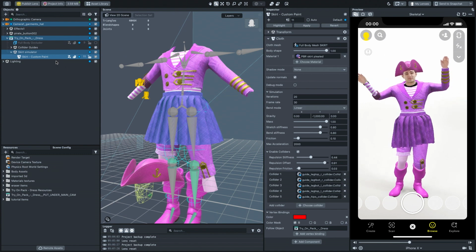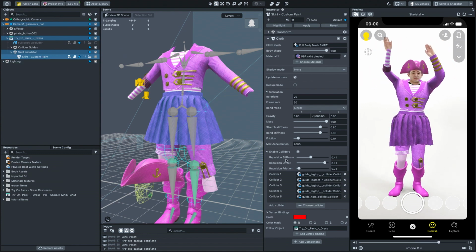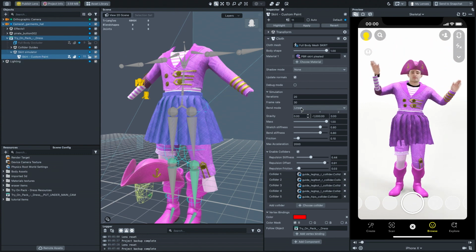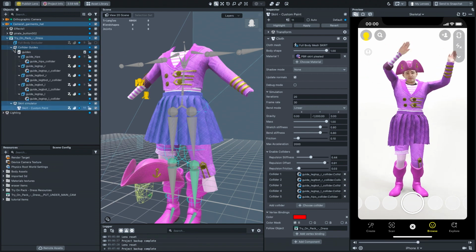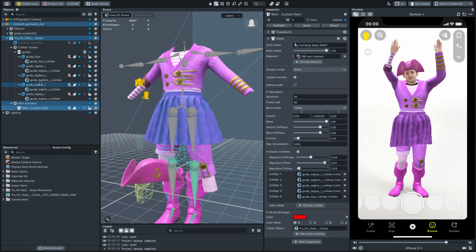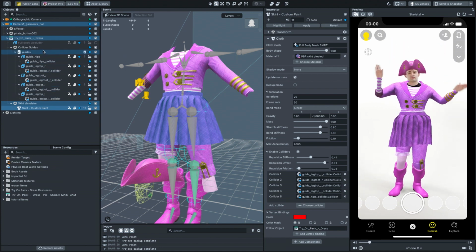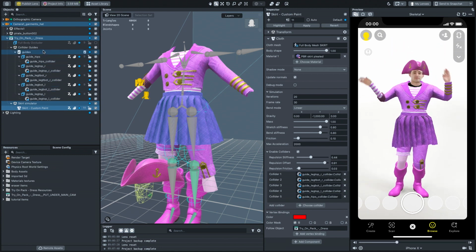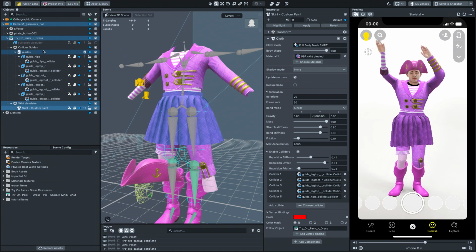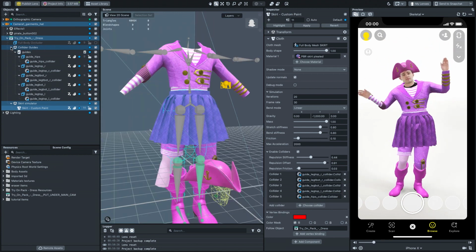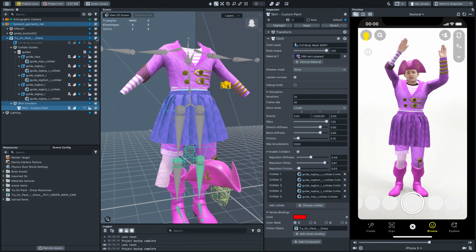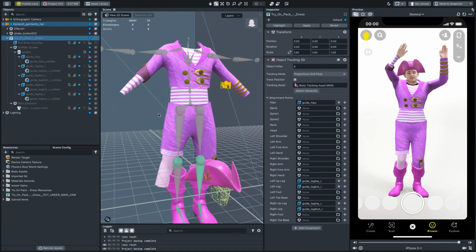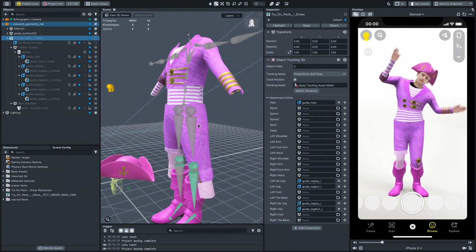I selected the skirt object, and we can see the cloth script properties in the inspector panel. The script includes details of a body mesh, a material, simulation parameters, and collider guides. You can see the collider guides on the left as objects in the scene. We will learn about cloth simulation in the third video of the series. I will hide the skirt for now so we can better see what's below.